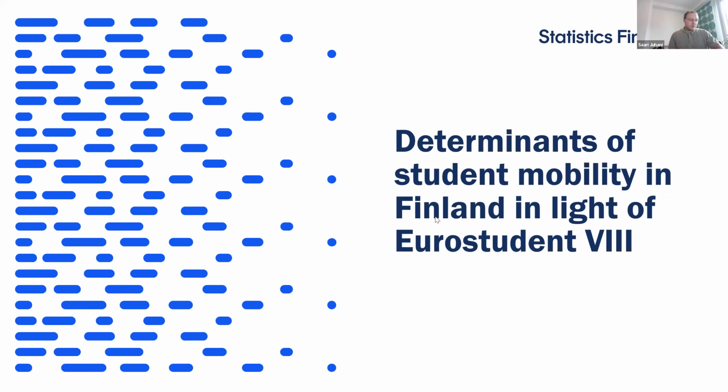And as you can see, the variance between fields of study is quite substantial. If you just look at the sheer volumes proportional to the number of students, we witness that the social sciences, business, law, and administration fields are 2 or 3-fold more internationally mobile as compared to the STEM fields in the university sector. The same pattern can be observed somewhat within the University of Applied Sciences sector, but over there,